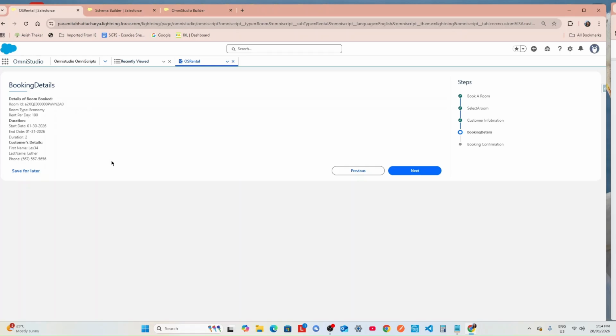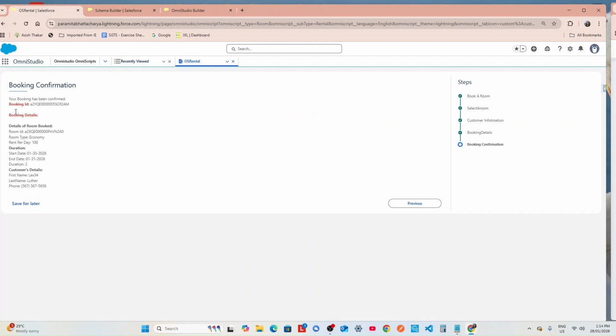Till now the booking is not done, it's just the booking details, what we're going to book. Once we click here, now we'll get the confirmation. So: booking confirmation, your booking has been confirmed, booking ID, booking details. So here what's happening, once the booking is confirmed, that means it has created the account record and one new booking